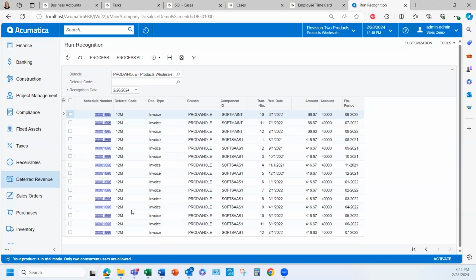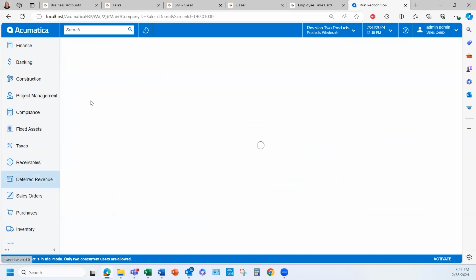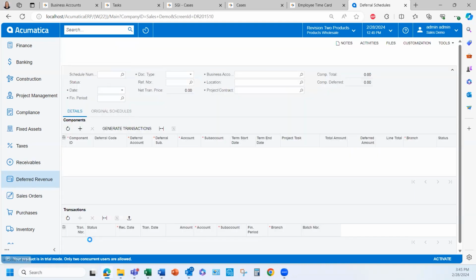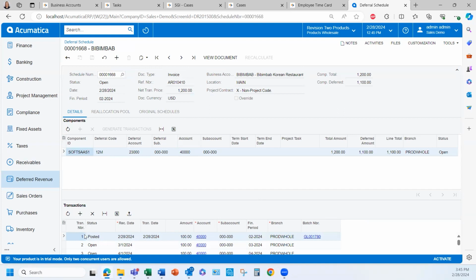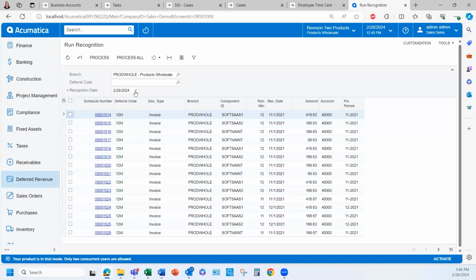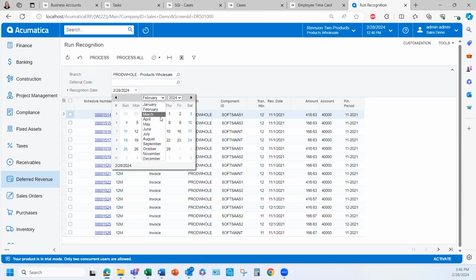I'm going to go back to the deferred schedules and go back to the end. And you can see that it now posted this $100. So $100 out of my $1,200 has been accounted for. Now, if I wanted to do the next month, I would just come back here to run recognition. I would change this date to March,